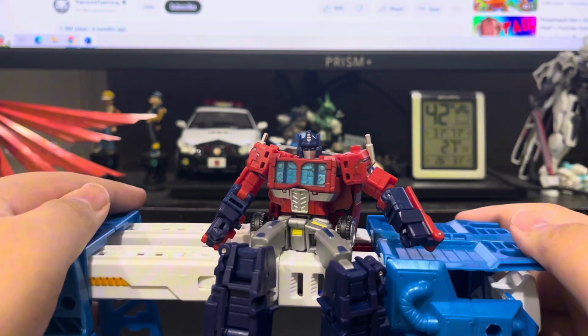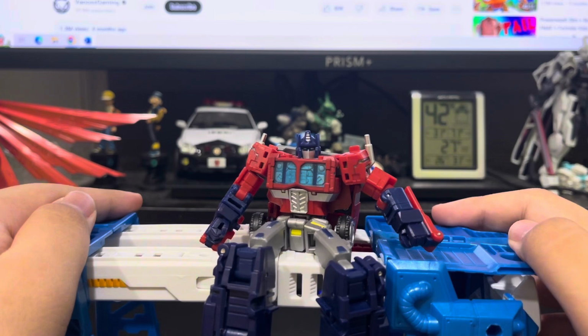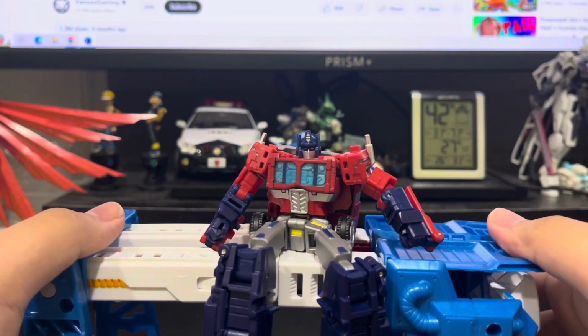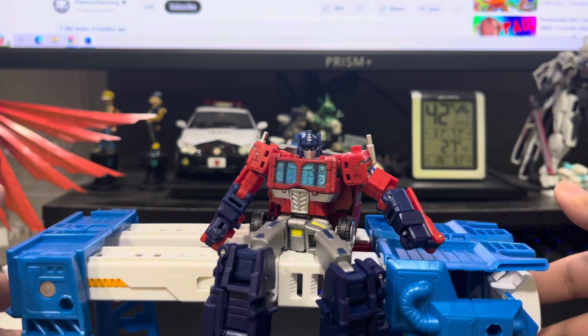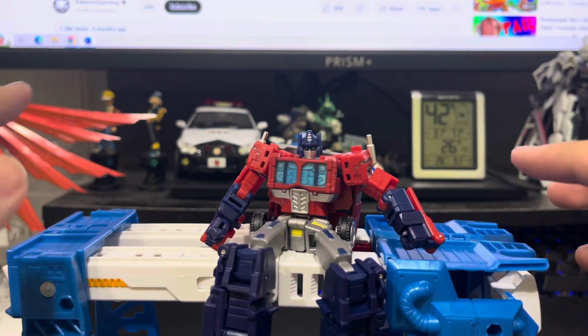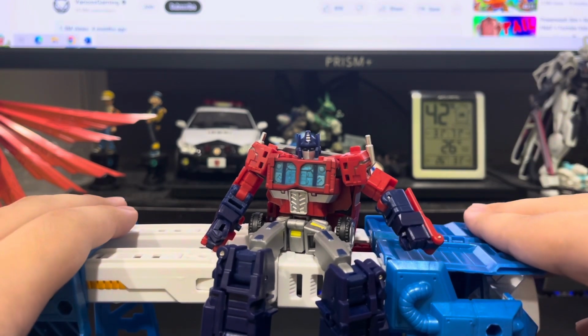Today's subject for review was one I eyed for a while now, and an opportunity arrived for me to snag it. But it also has had a 180 in the fandom. People praised it when it came out, but now say it's terrible in comparison to the Kingdom version. It isn't. It just isn't. What is the figure I'm talking about? As seen with the thumbnail and this little bit that's jutting out on the camera, Combiner Wars Ultra Magnus, the